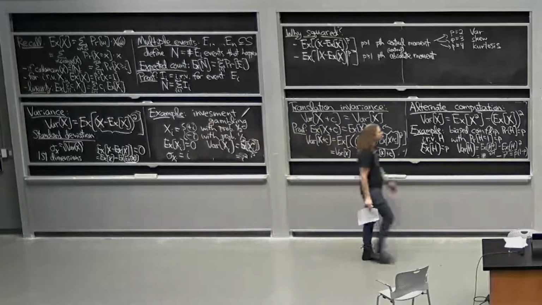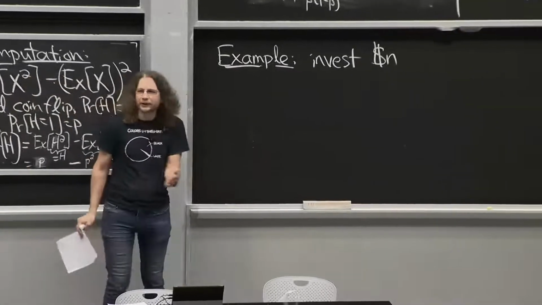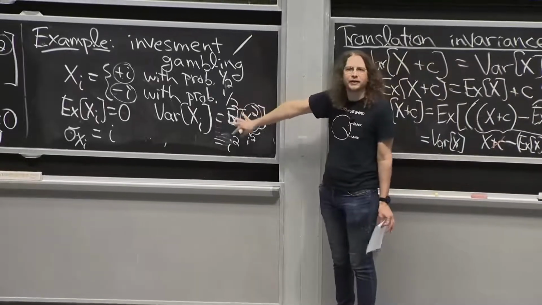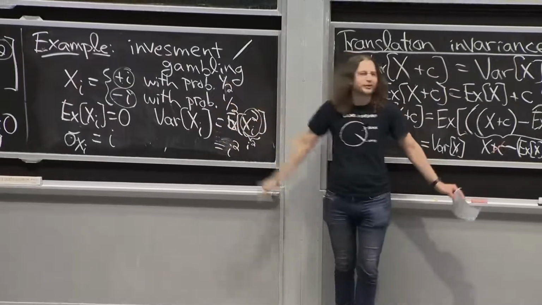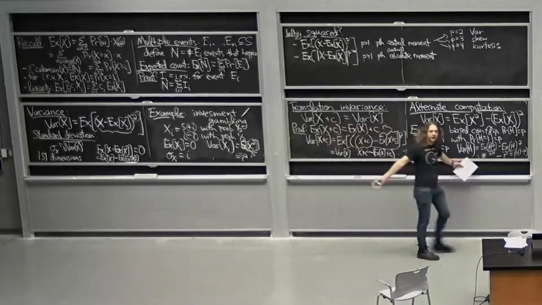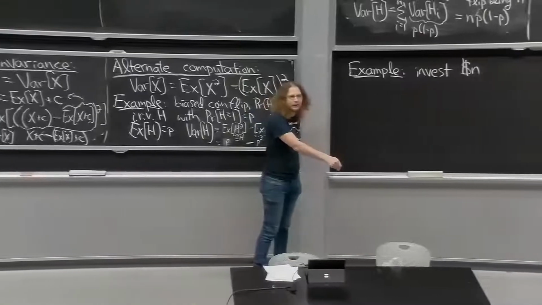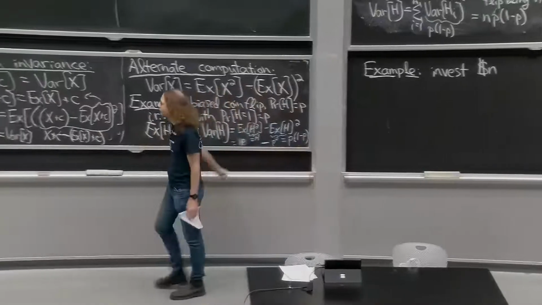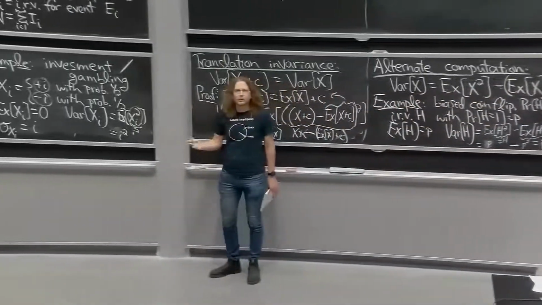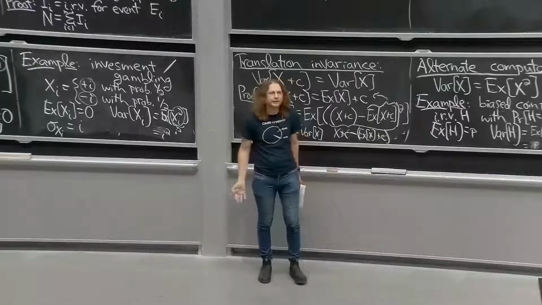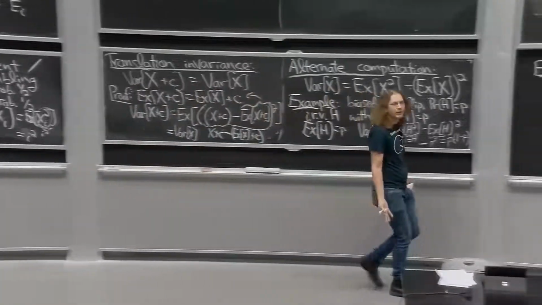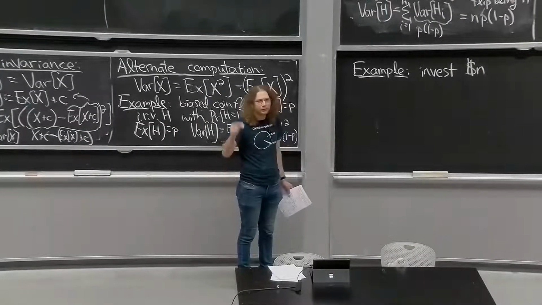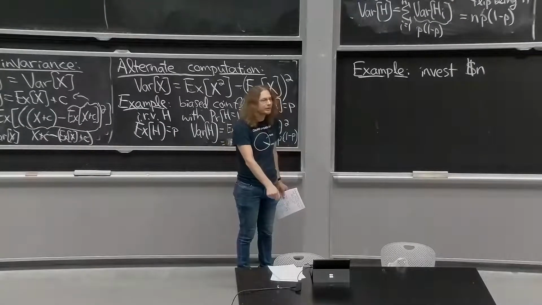OK. But now suppose there's not just one investment like this. Suppose there are a whole bunch of investments like xi. Let's call them stocks. You have k different stocks. And I can choose, I'll invest so many dollars in this stock, so many dollars in this stock, so many dollars in this stock. And let's just assume, like this great investment setup, that each of them will either double your money or you lose all your money. Does this make a difference? Is it any different to invest in k different stocks equally versus investing everything in one stock?